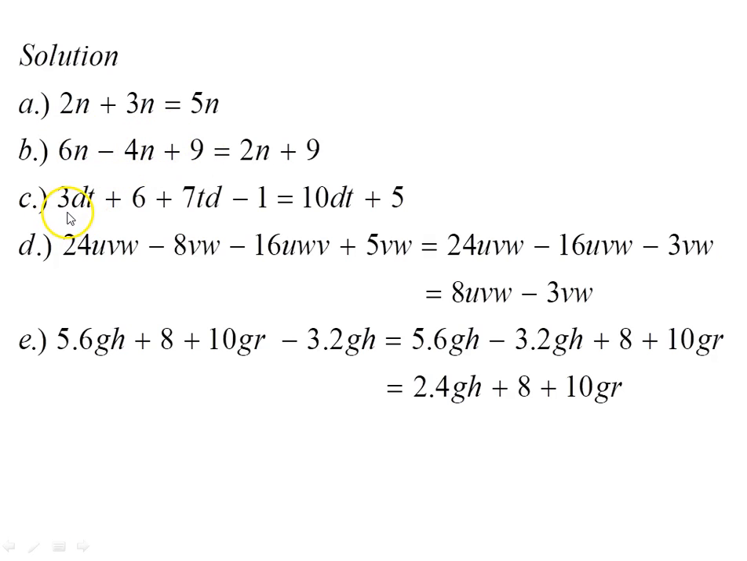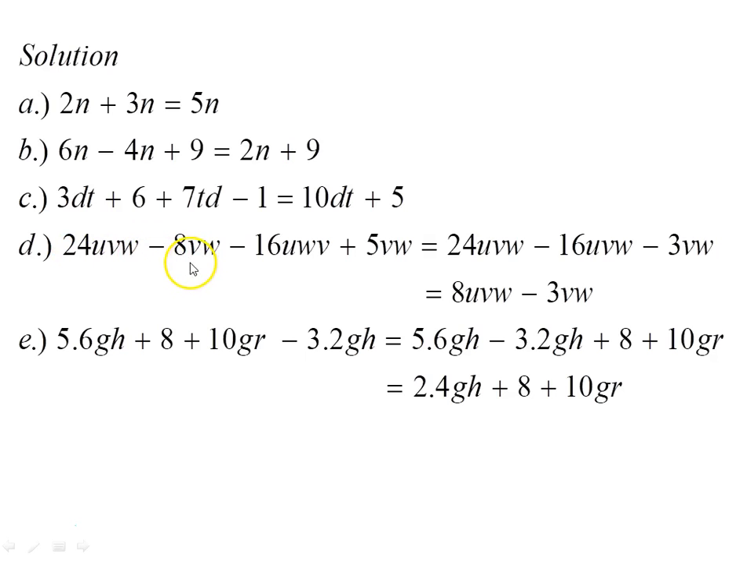Next one, 3 times d times t plus 6 plus 7 times t times d minus 1. Well, 3dt and 7dt can be combined to give us 10dt. And these separate numbers on their own, 6 and negative 1, combine to give plus 5. Next one,